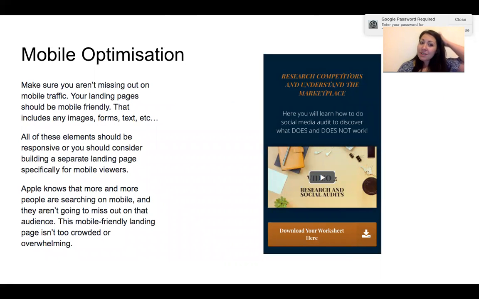Now, mobile optimization is really important. So these days, people are jumping on their mobiles more than ever before. And if you haven't got mobile optimization, you're going to be missing out on your mobile traffic, which is huge. So your landing page needs to be mobile friendly. That includes all your images, all your forms, all your texts. All of these elements are going to be responsive, and you need to consider building a separate landing page specific